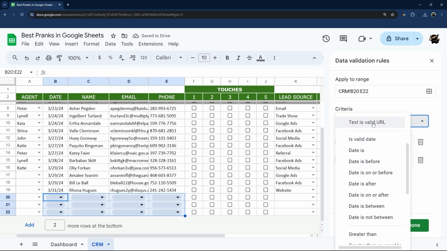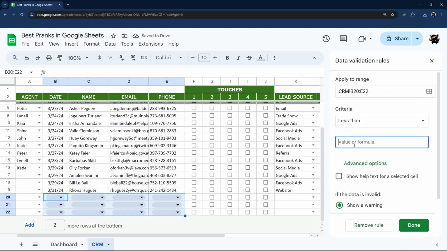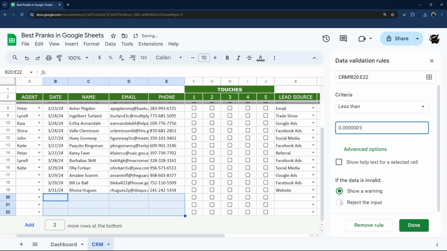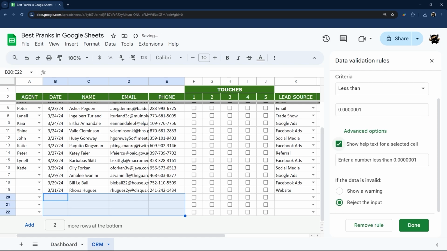And then we're going to do less than. And we're going to come up with a really small decimal. And then make sure you do reject input, not just show a warning or they're going to catch on. Do reject input. And if you want to, this is really cool. You can do the show help text. So instead of actually giving relevant data there, we're going to do something annoying like,